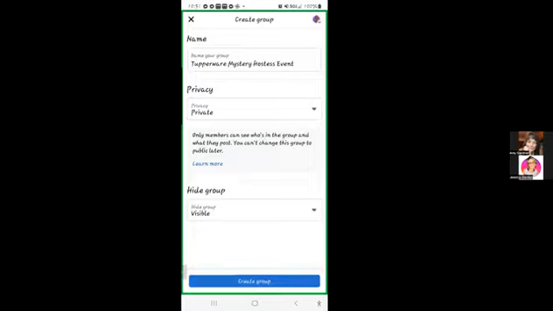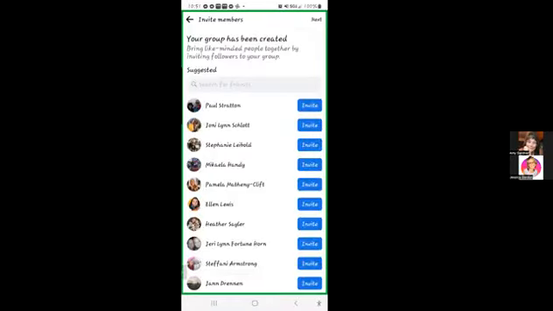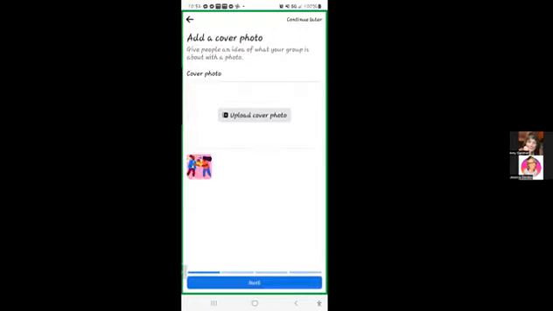So we're going to go ahead and hit create the group and we'll do this step by step now. I don't invite people to it when I first begin, and especially not the host, because sometimes the host will get that notification right away. And I don't want her in there right away because if she comes in right away, then there's chances that she will invite people right away. And I want to make sure that this is all set up and ready and welcoming. So just like at your home party, you want to be there welcoming these new people in the door, right? So we're going to skip that and hit next